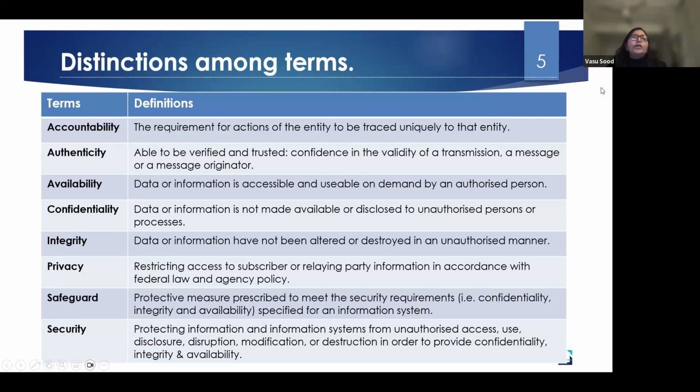Think about accountability in this environment. Every action, like accessing a patient record or writing a prescription, is logged with user ID and timestamps in the system. So if there is a data breach or misuse, the responsible person can be identified, and that person will be accountable for that breach.